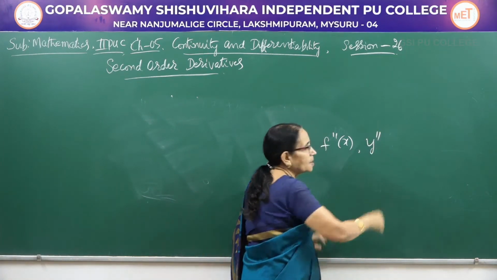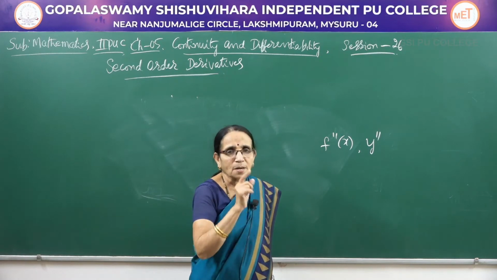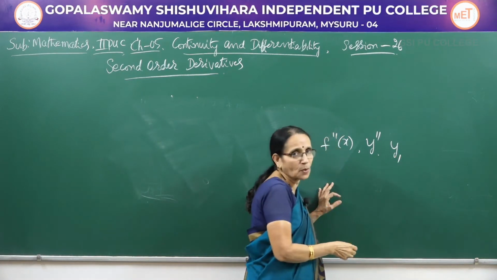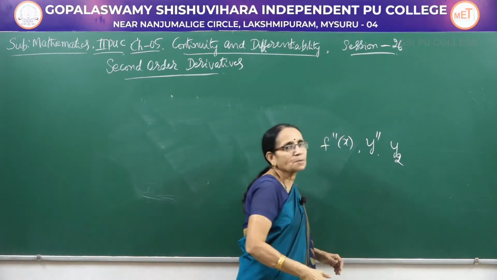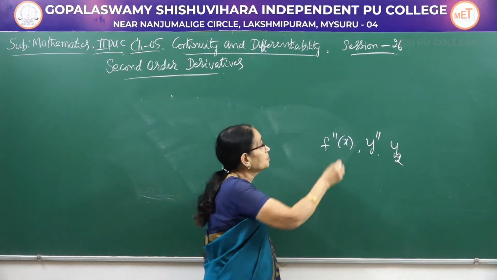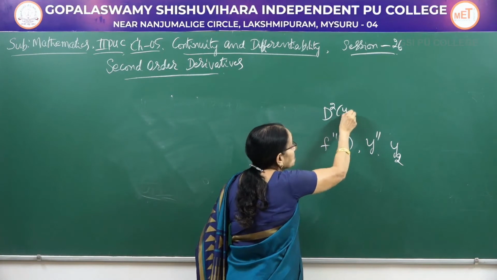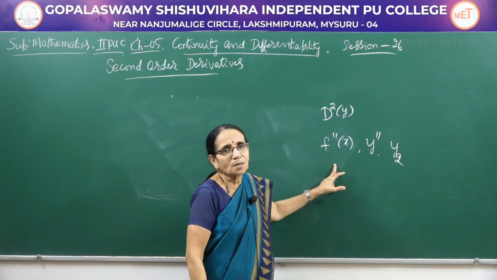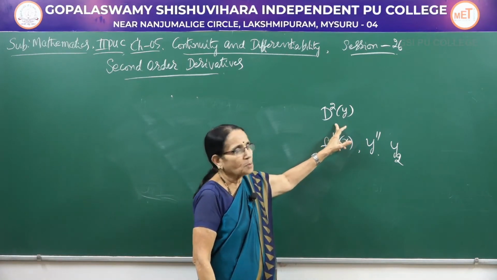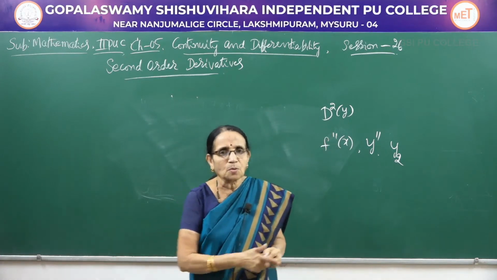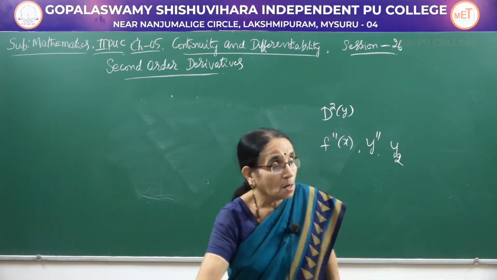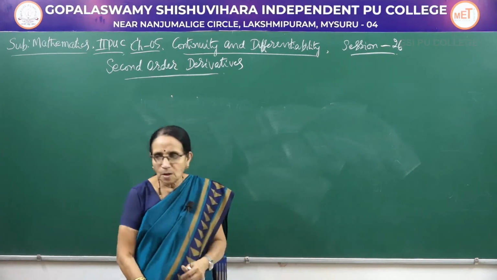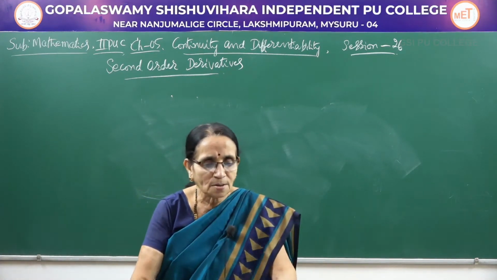Or sometimes we write like this also, y double dash. y dash means first derivative, y double dash second derivative. Or we write the subscript, that is y1 for the first derivative, y2 for the second derivative. So these are the other notations. Sometimes we write like this also, a capital D square of y. Usually these notations are given even in the question paper. This is not used much, but this is another notation for the second derivative, right? Capital D and then square of the given function y. Okay. Now we work out some problems connected with the second derivative.